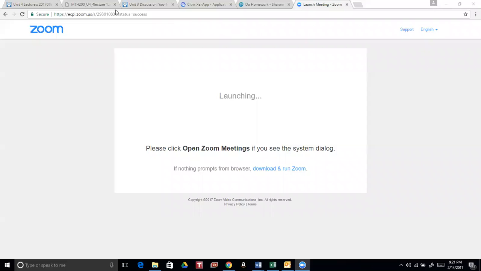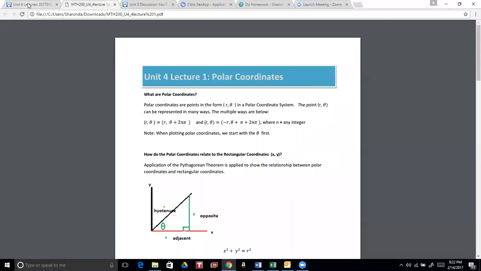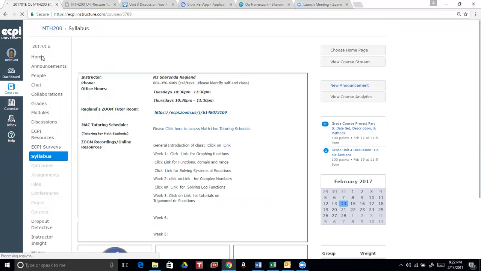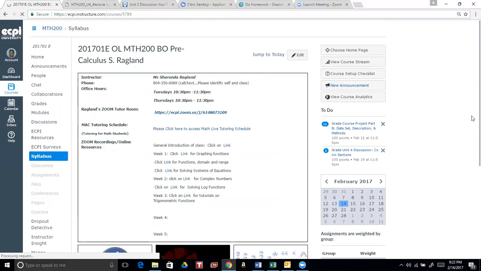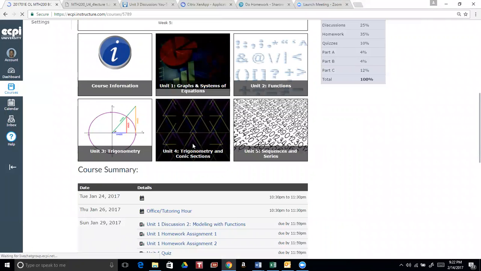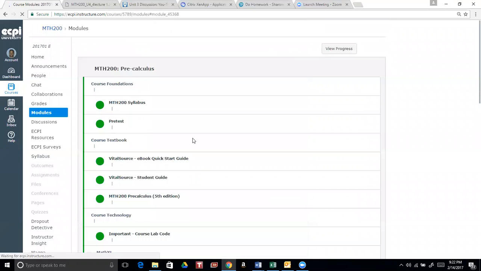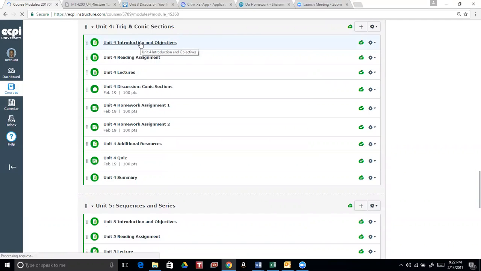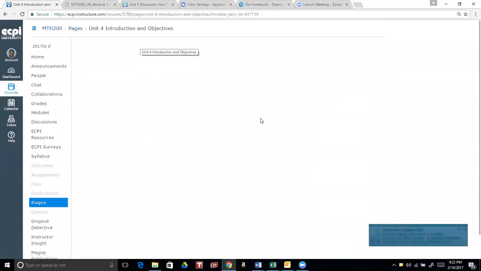This week you will be dealing with more trig, fun stuff, and you'll also be dealing with the conic sections. So if we look at the week 4 block, trigonometry in the conic sections, you're going to click on here. All right, and if you notice here, it gives you the introduction and the objectives